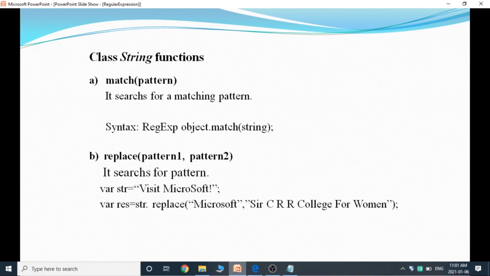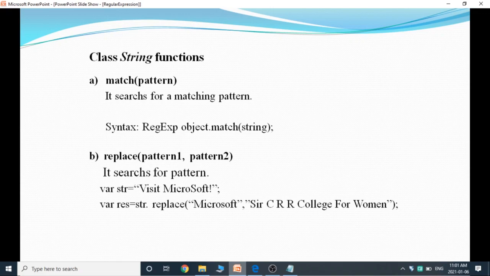For that we have to use regular expression object dot match of string. For example, RE is our object name dot match of a particular string like ABC, or script or pushing, whatever string we want, we can search with a match method.